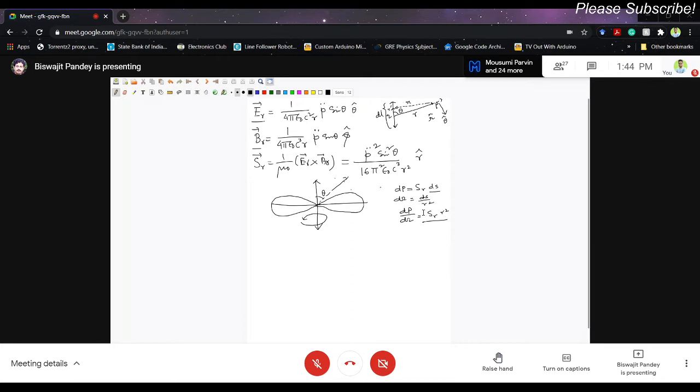And let us calculate this further, because p double dot, we know what is p. p is the dipole moment, which is given by the charge times the extent of the dipole, that is this much, this is dl, right? And q is varying, so we can write q0 cos omega t, or you can think also this dl cos omega t, doesn't matter, they are equivalent. And let us call this q0 into dl, which is a constant, as p0, right? So p0 into cos omega t.